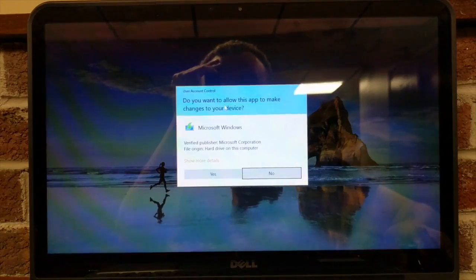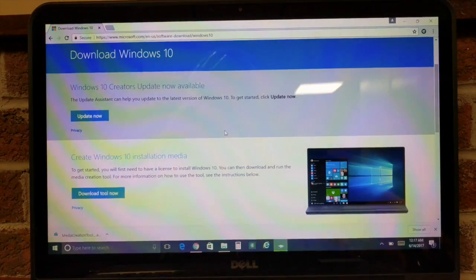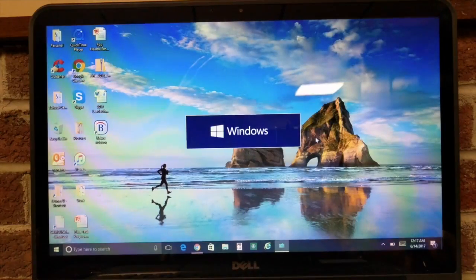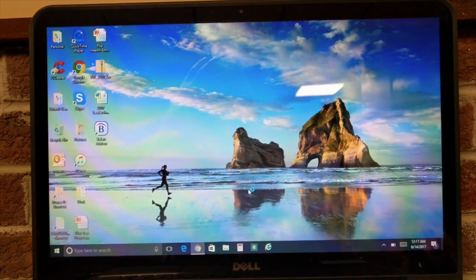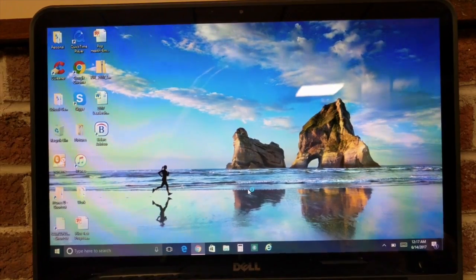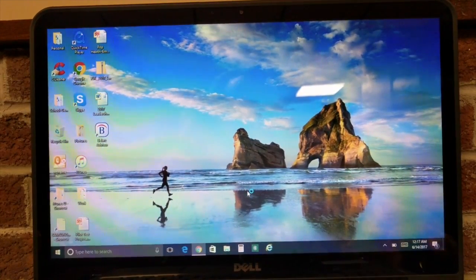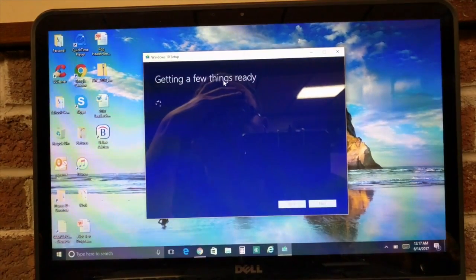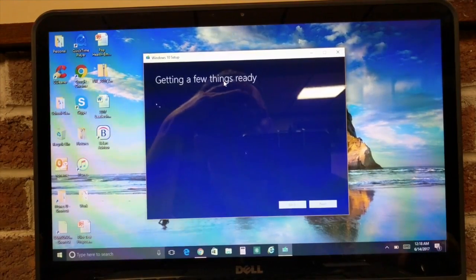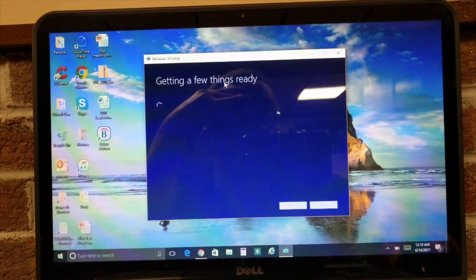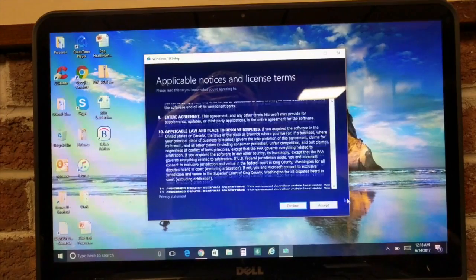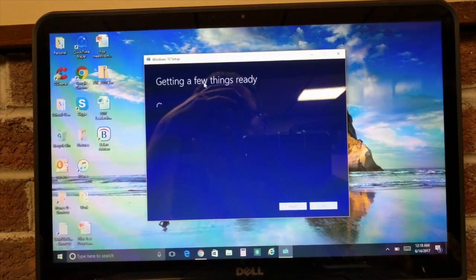Finally, it recognizes my drive. Do you want it to allow changes? Yes. And the Windows Media Creation Tool will launch automatically once you click yes. And we're going to walk through the steps of installing the ISO on the flash drive, getting ready to upgrade, ready to reflash your computer. You can read through all that, except